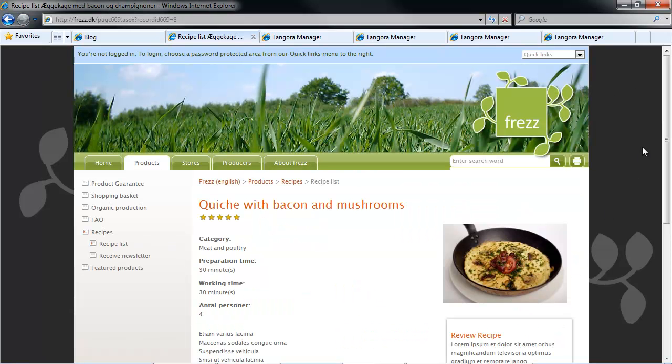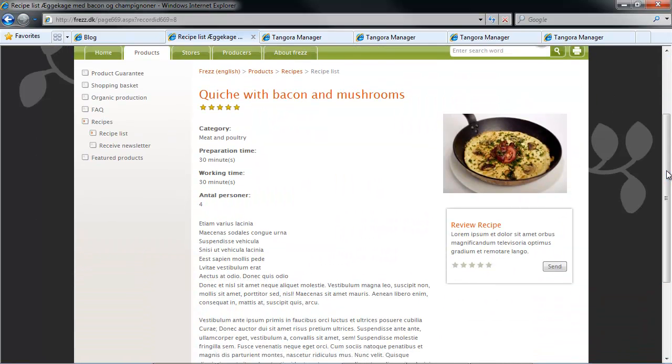And if I go into a detailed view of a given recipe, you'll notice too that there's an interface whereby I could give my own evaluation of the recipe. This functionality has been configured via my blog and feedback module, and then added directly to the overview and detail layouts of my recipes database page.